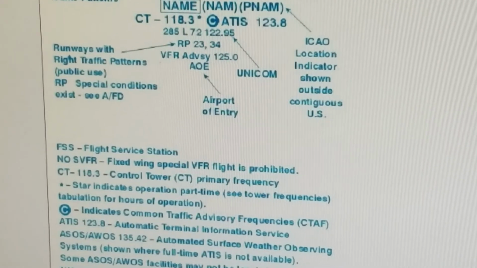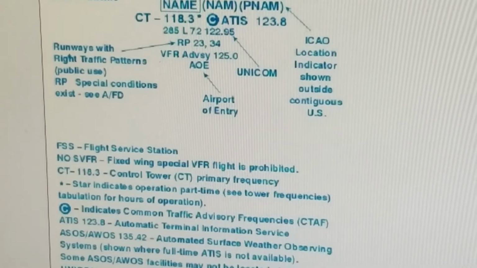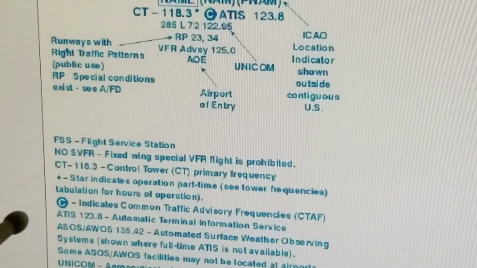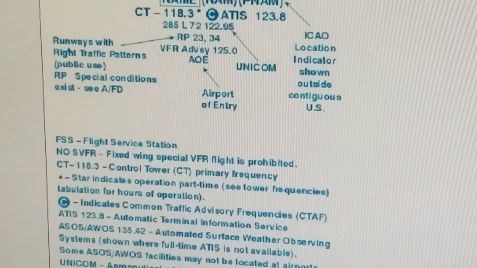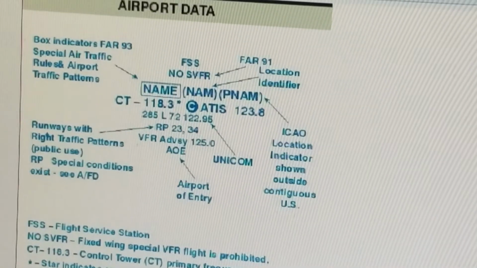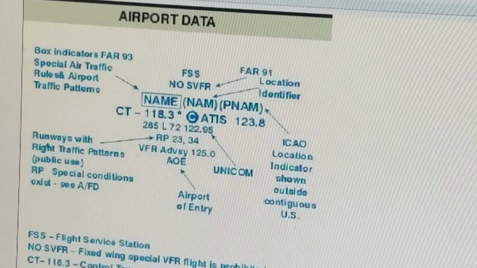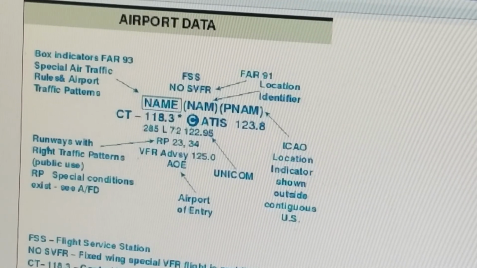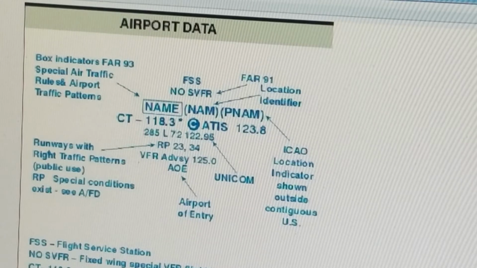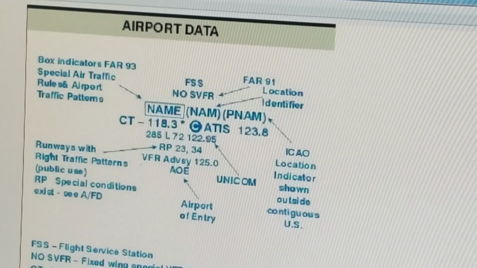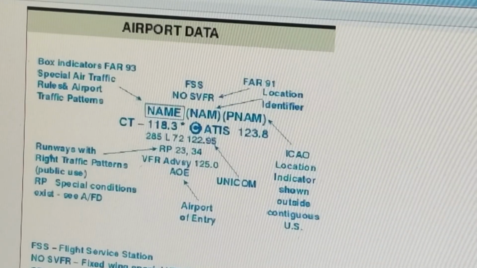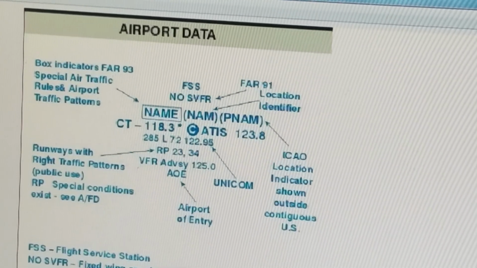That's in fact, I think the acronym goes for advisory surface observatory service, I believe. I have to double check on that, and we got to go for